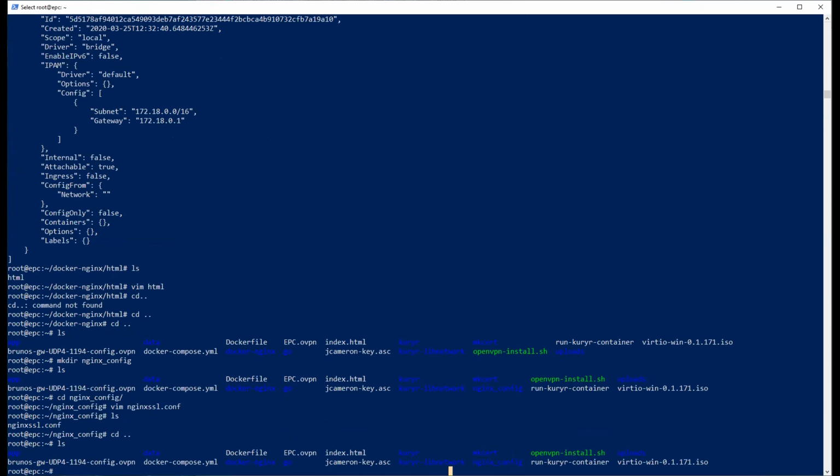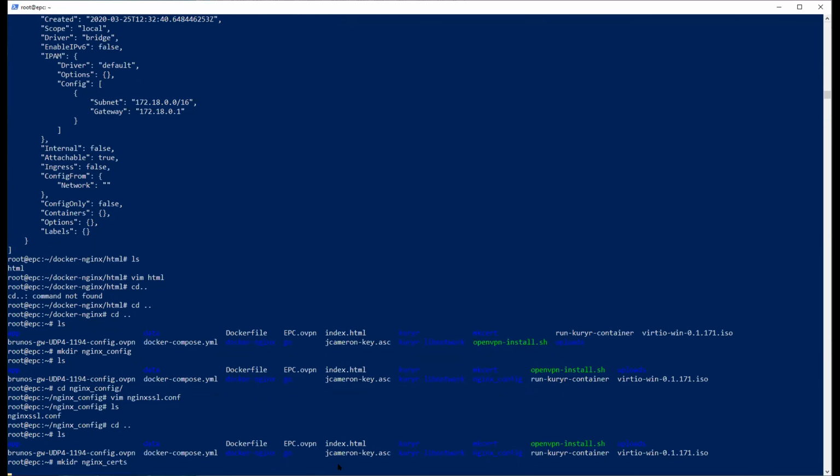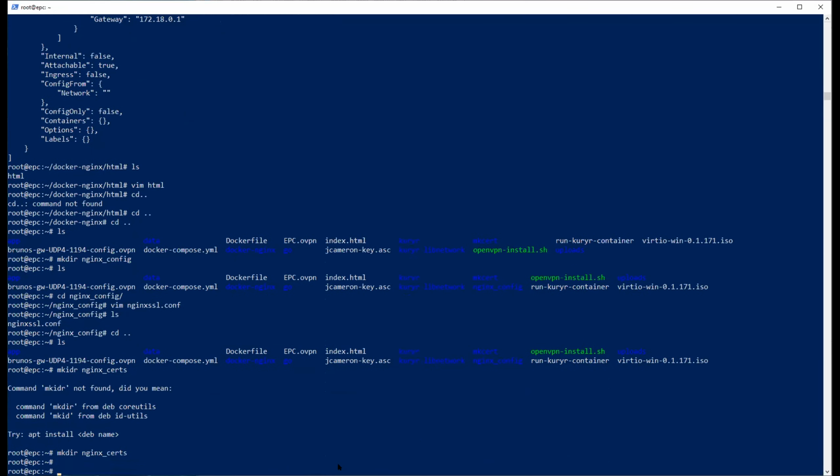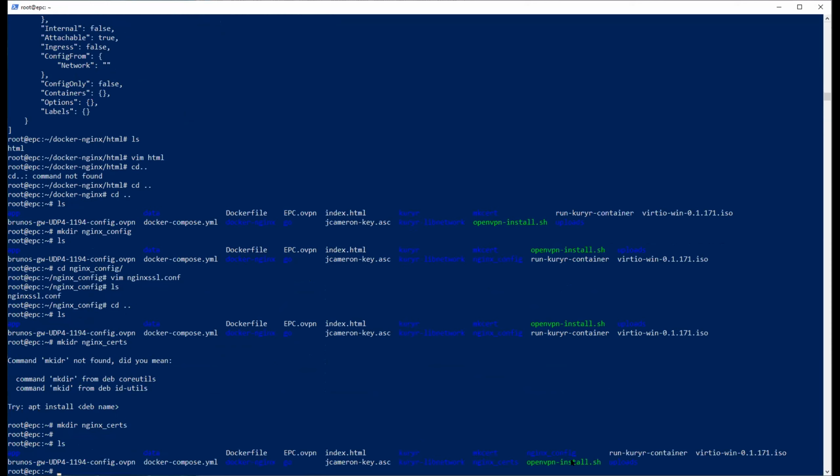Then you can have another directory which will be certificates. You can create it for the time being. Later you can test it if you want, just to put certificates in there. You don't have to. It's going to work without certificates, but that's how you achieve SSL TLS termination. So the same way, just put mkdir nginx certs. I'm mistyping stuff. So if you go to check, there is the folder, and here you will put all your certificates.